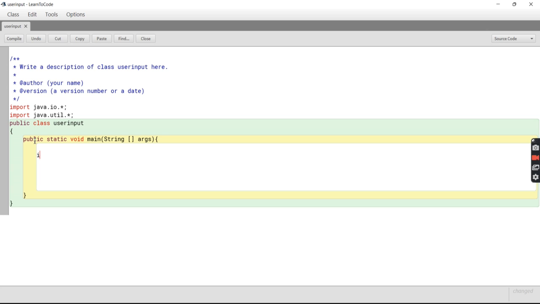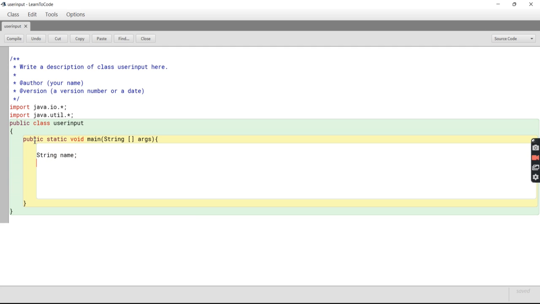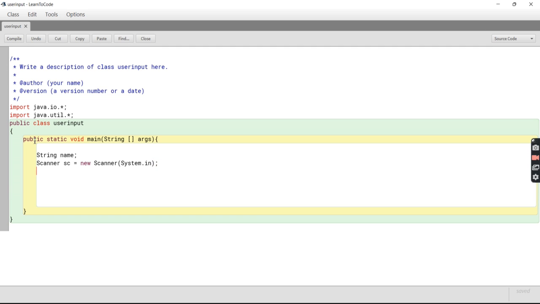Now let's take a string, name. Then we can do the Scanner sc. We are creating an object, new Scanner. Here we'll pass System.in. Now we will do name. Okay, let's